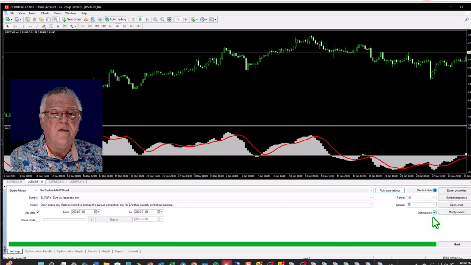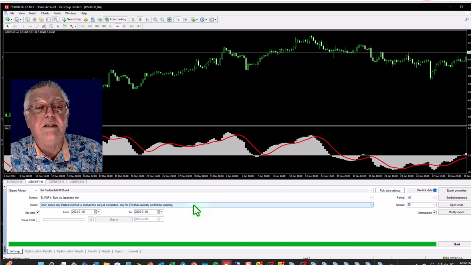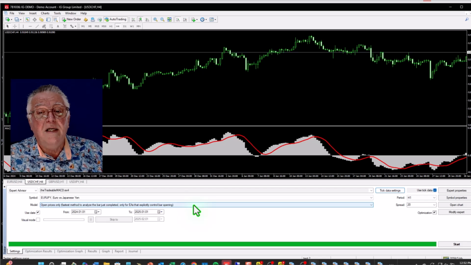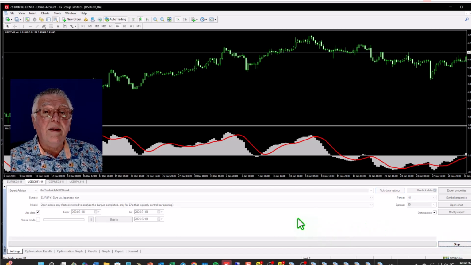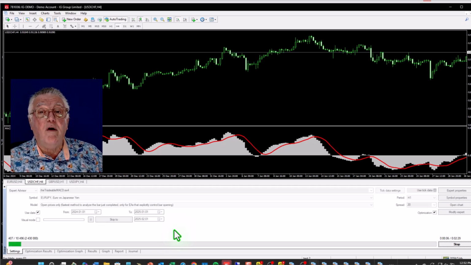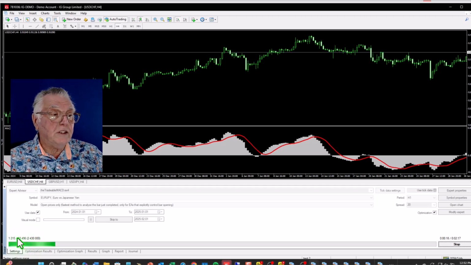So all I have to do is click on that, and I've got open prices. Now, one of the other reasons I'm using open prices is that this robot does its decision making on the close of the candle. So it's actually almost aligned with open prices. So let's have a good look at what happens. So I'm going to start the optimization. This is quite a powerful computer. It runs quite quickly. It's only going to take 2.5 minutes to test over 10,000 options. It's actually testing 2 million options, but the genetic algorithm reduces it to 10,400 options,